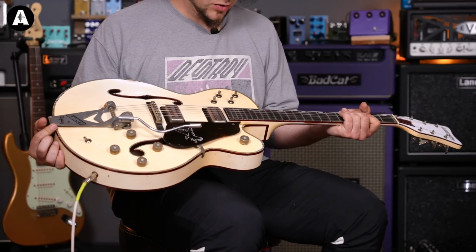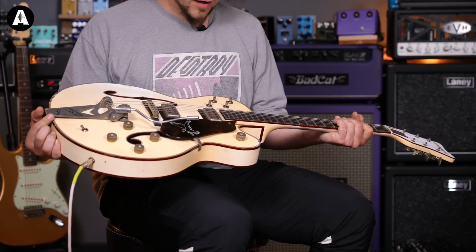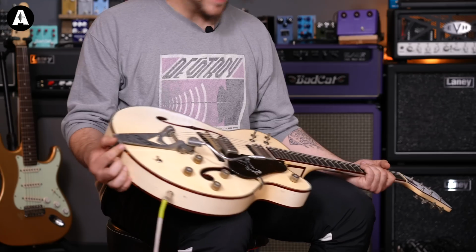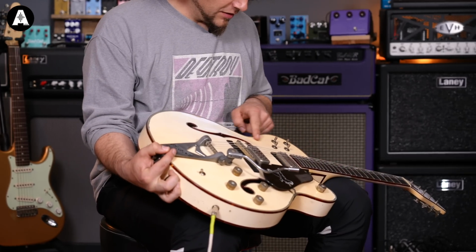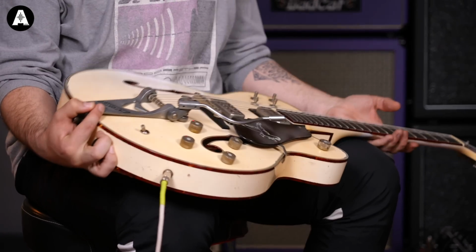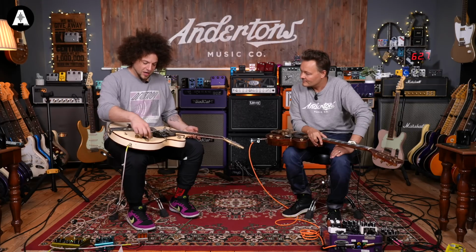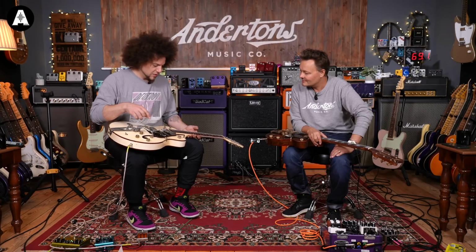Based on what he's doing here, I would say, yeah, you earn legend status because this is absolutely jaw-dropping relic quality here. Look how it's yellowed. And then the white where it's worn out on your... The checkering. I mean, the checkering as well. Look at the state of the checkering across here. Yeah. You'll see on the close-ups, but the relic job is absolutely outstanding. Again, the aged Bigsby, the aged hardware, the TV Jones and stuff, like...